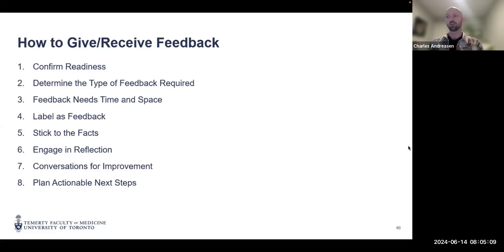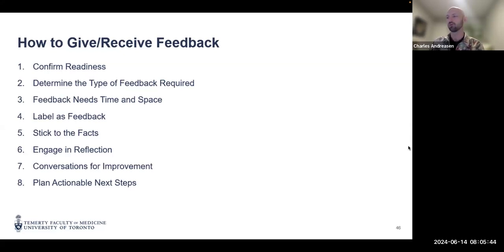In terms of determining what type of feedback is required, see what they did well on, get a sense of how they're progressing compared to peers, what can be done to improve, and so forth. It's important to carve time out. Obviously, it's easier said than done through the course of one's day. Finding the time and space to provide feedback, whether informally or through the completion of an EPA, maybe finding time to sit down with them and chat and work through the completion of that form,